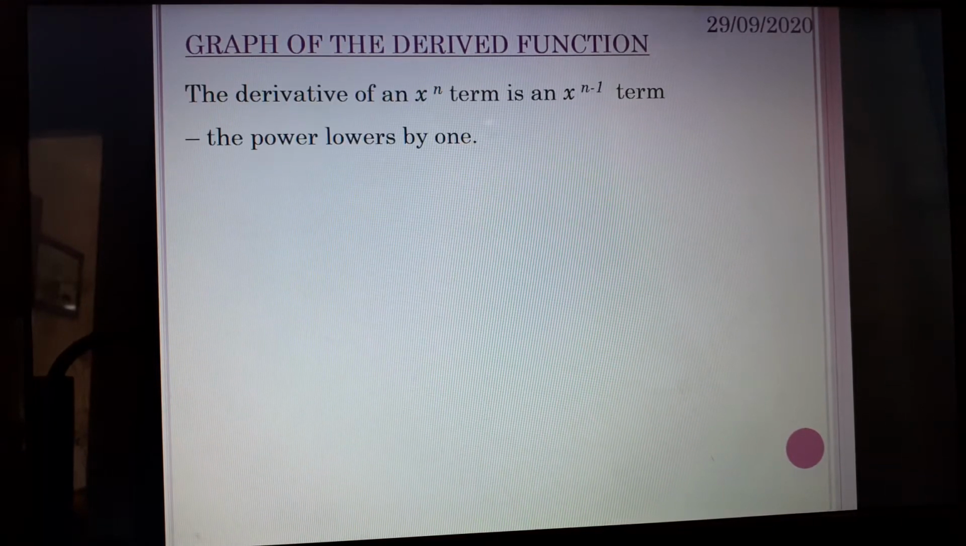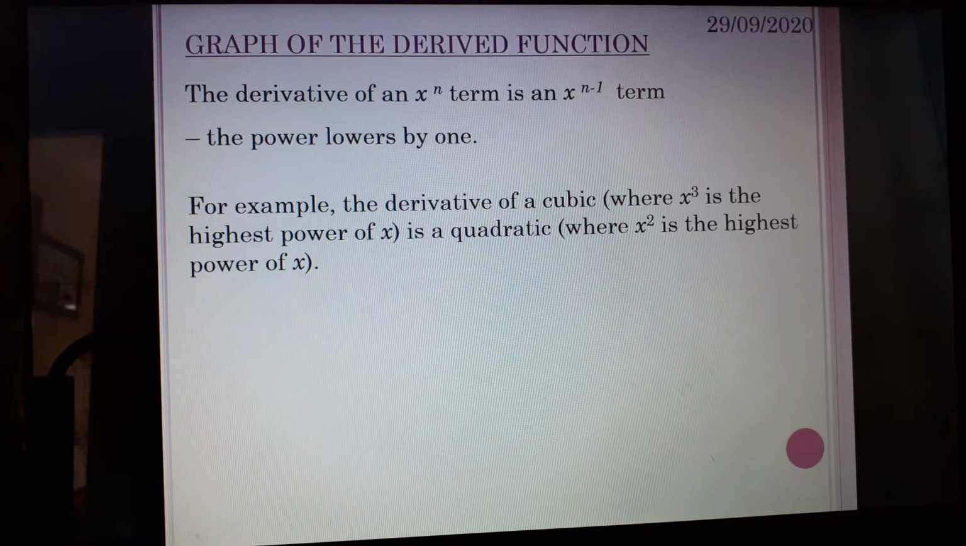Good morning, and today we're going to be looking at the graph of the derived function. Now we know that the derivative of x to the power of n becomes n x to the power of n minus 1. What I'm showing you there is that the power becomes 1 less than the original power. Okay, the power lowers by 1 as we know, so the derivative of a cubic function where x cubed is